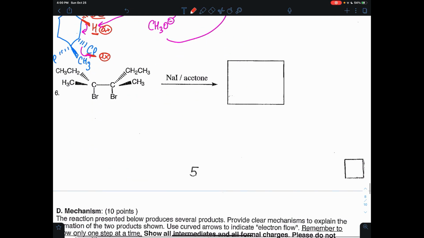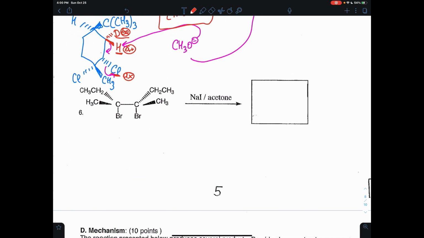All right, so now moving on, this is a vinylic dibromination. So this is an E2-like reaction, but instead of having a bromine and a hydrogen, you have two adjacent bromines right here. You see that? What happens here is that this iodine is going to come in, grab a bromine, kick off the electrons, and then kick off the bromine. The reason why iodine was able to grab this bromine is because